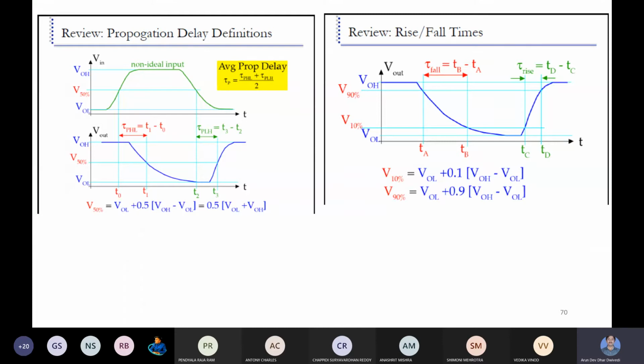We are discussing propagation delay, rise time, and fall time calculation of the CMOS inverter. If we know the CMOS inverter propagation delay, rise time, and fall time method, then we can also calculate for any other CMOS circuit. This sets a standard for calculating the delay for other CMOS related circuits. Let us recall that the propagation delay definitions we have already covered, and from there we can start.